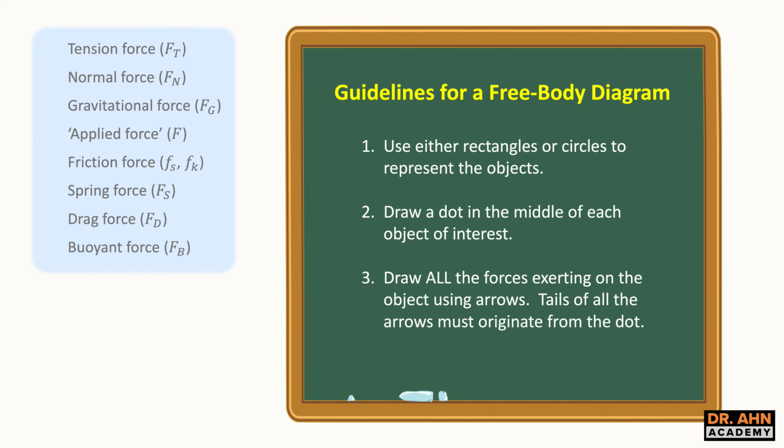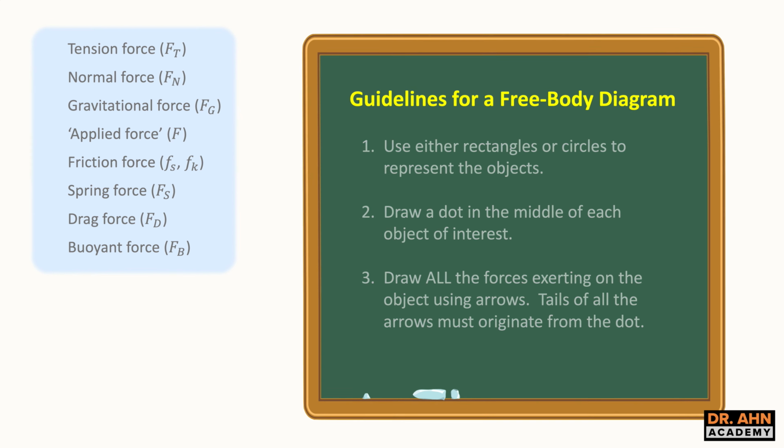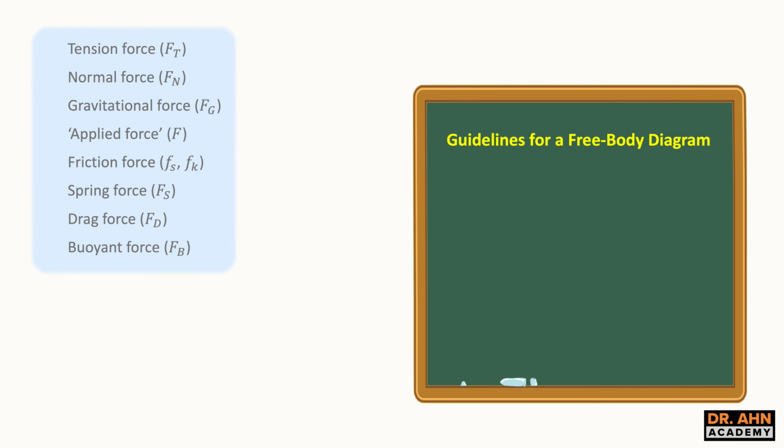Draw all the forces that are exerting on the object, using arrows representing vectors. And tails of all the arrows must originate from the center of mass of the object, which is represented as a dot. Well, let's get acquainted with free body diagram guidelines with this first problem, which deals with tension force